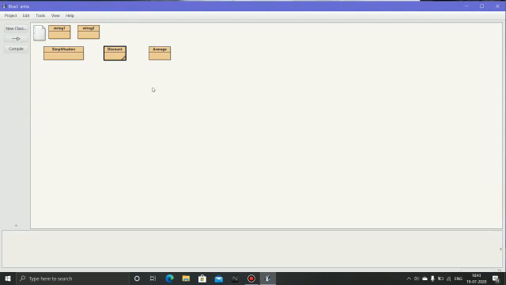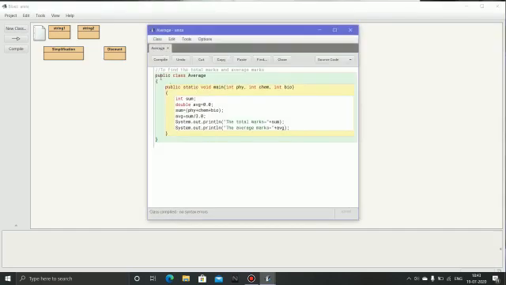Now question number 3, average. Here we will find the average of the marks of 3 subjects. Same way we will make a new class. Then I have given the name average here, open editor. Then first we will write the statement to find the total marks and average marks. Public class average, curly bracket start, public static void main. Here we are inputting the numbers: int physics number, int chemistry number, int bio number.